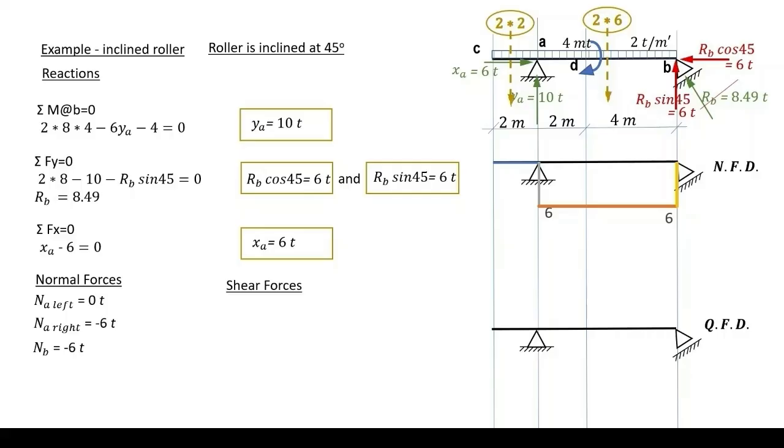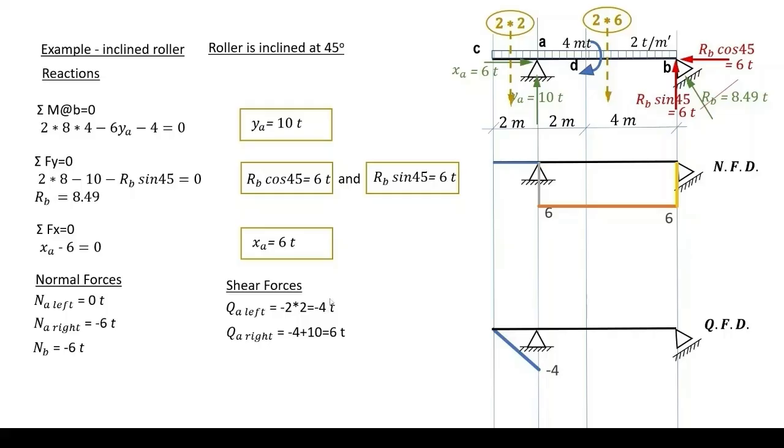Now we start drawing. We have shear at C equals 0, and from C to A we expect a shear of the first order drawn as an inclined line heading in the direction of the applied load downwards. So we have QA left equals minus 2 by 2, minus 4 tons, and plotted on our diagram. To go to the right of A,